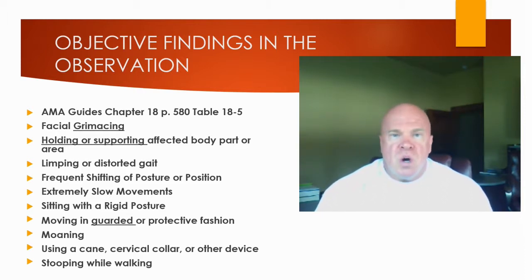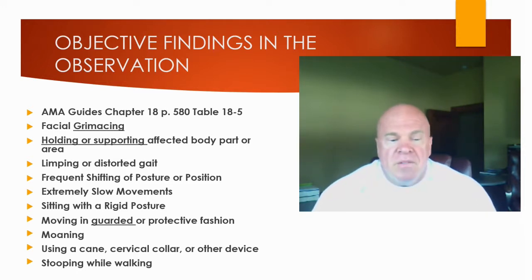And there was no indication in any of the medical records that I reviewed that any doctor had recommended or prescribed an assistive device for his condition. So when we observe examinees presenting to the evaluation with assistive devices, it's important to determine whether or not the assistive device is a medically necessary device and whether or not the assistive device is consistent with the known industrial injury. In other words, we wouldn't expect to see an examinee with a knee brace for an upper extremity injury.